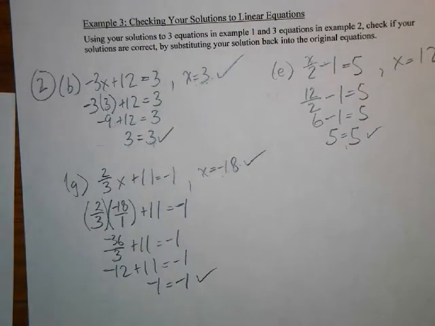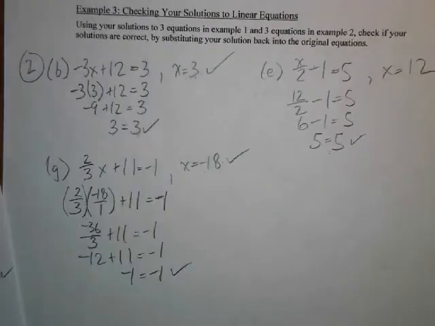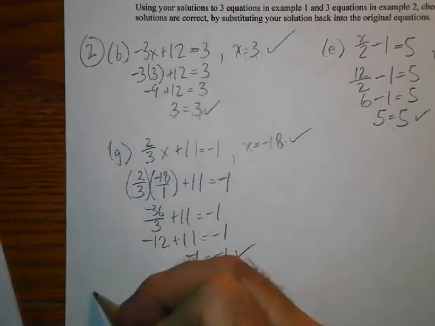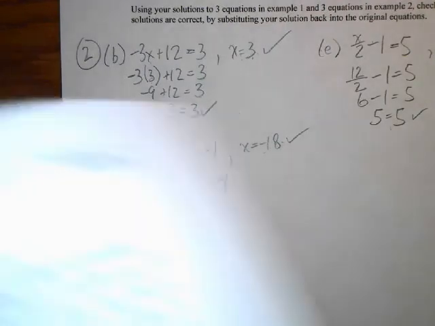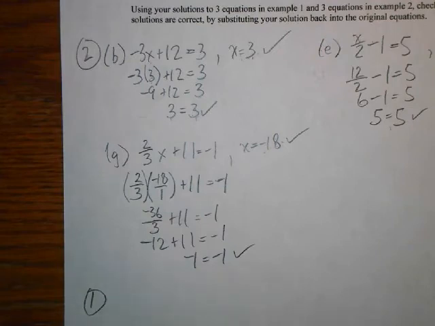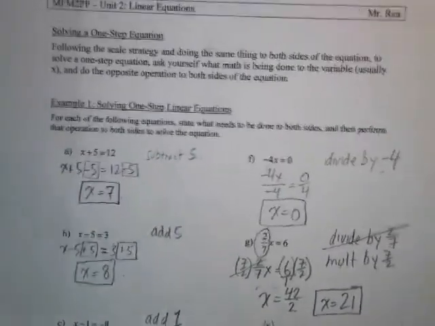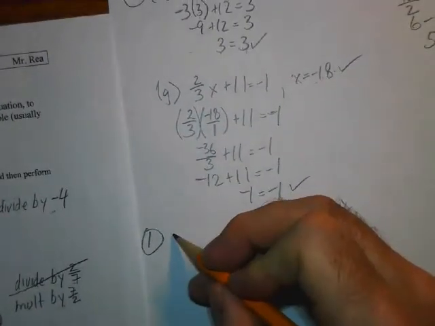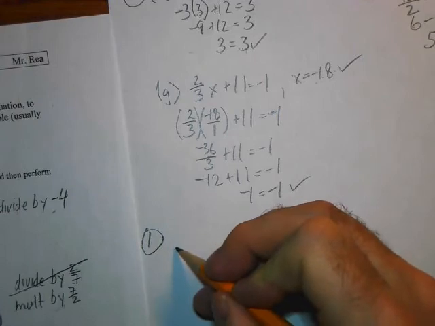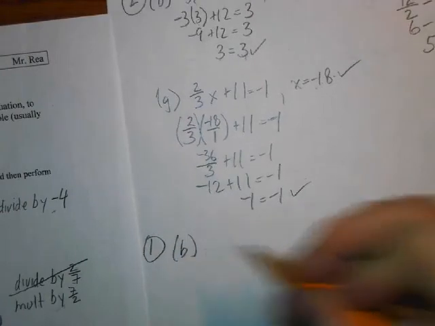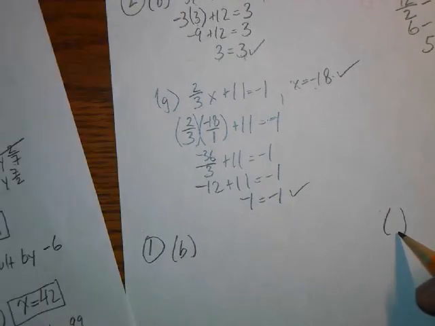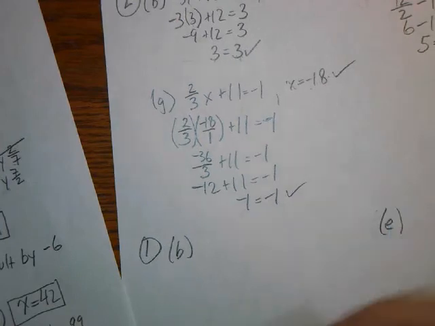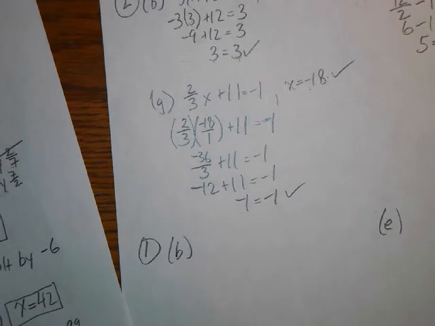Let's do a couple from example 1. So these are just the one-step ones. These will be a little bit quicker. Let me just find where I did those. Okay, so if you remember, here are our questions. So I'll just pick some random ones here. Let's start off with, I don't know, B again. And let's do E, and then finish off with